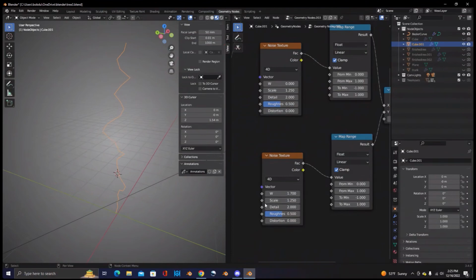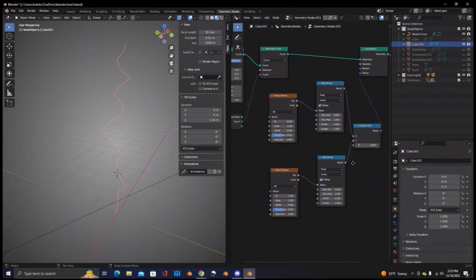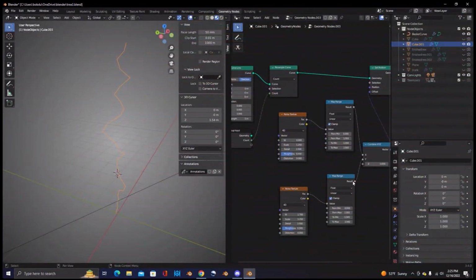All right, so now I have my X and I have my Y noise, but I want to tone these down just a bit because it's probably a little too crazy for what it is. And the other thing I want to do is generally, a tree's